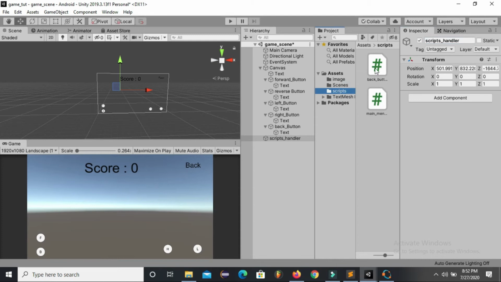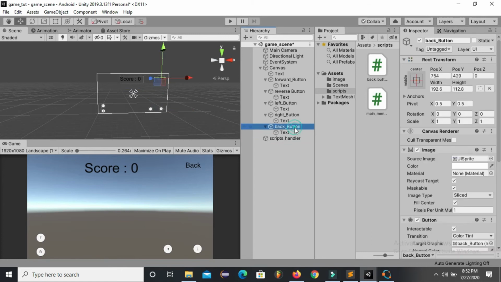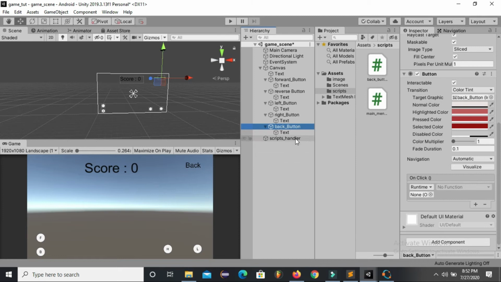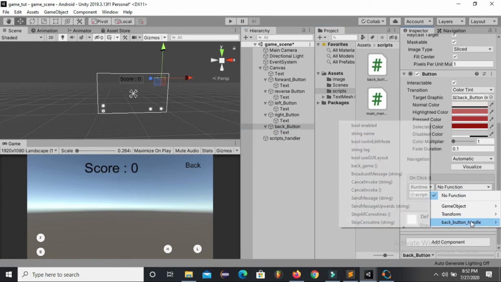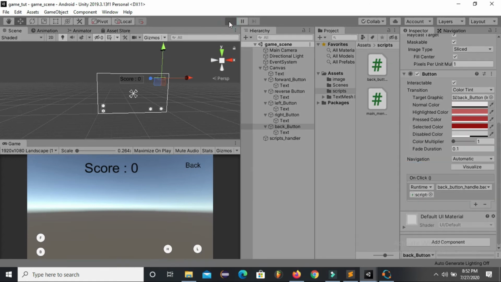Now I will drag my back button script to this script handler, and now go to the back button, drag this script handler to the on click function, and select the function which we created, back game, and now save this and play.